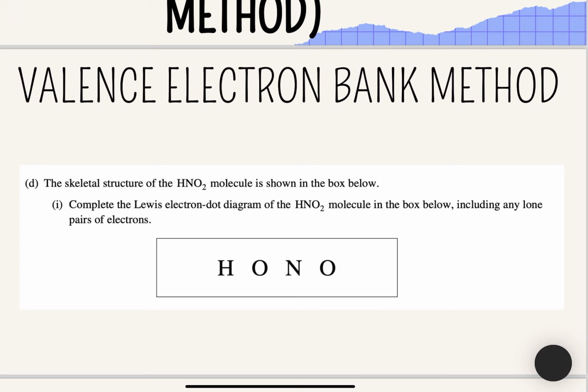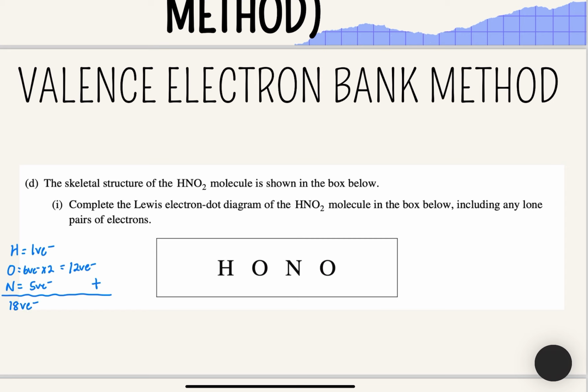We're going to take each element. Let's start with hydrogen, and we're going to write down how many valence electrons it has. Hydrogen has 1, oxygen has 6, but there are 2 oxygens in the formula, so we're going to say 12 valence electrons total, and nitrogen has 5 valence electrons. We add all these up to get our total valence electron bank of 12 plus 1 plus 5, 18 valence electrons available to work with,